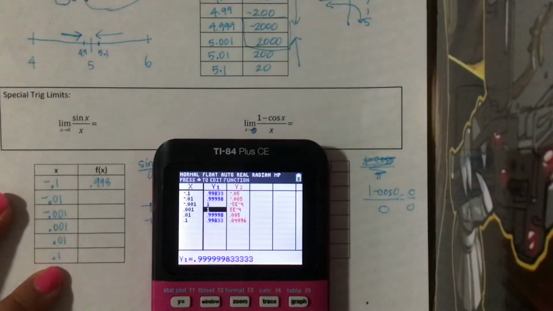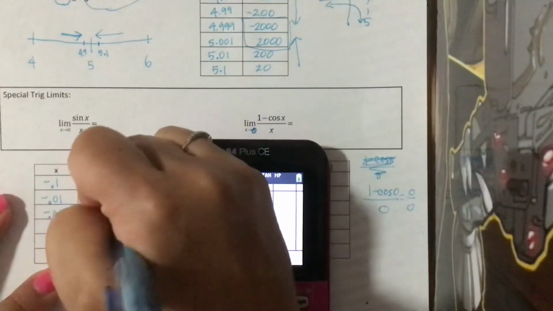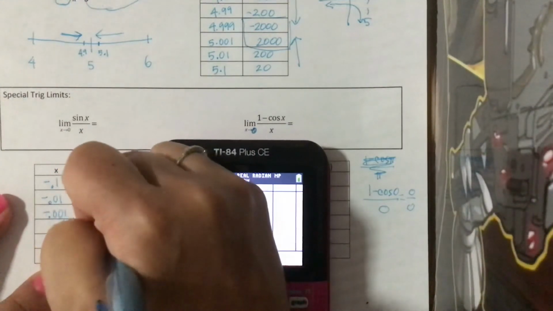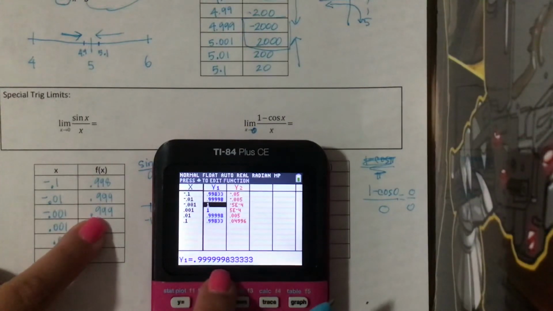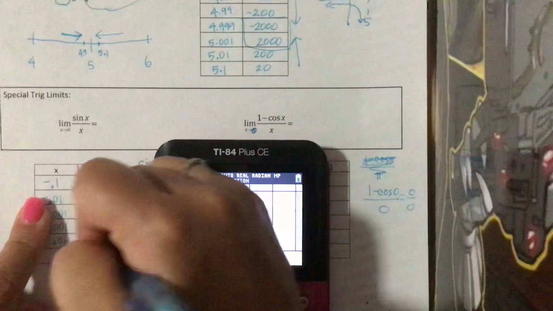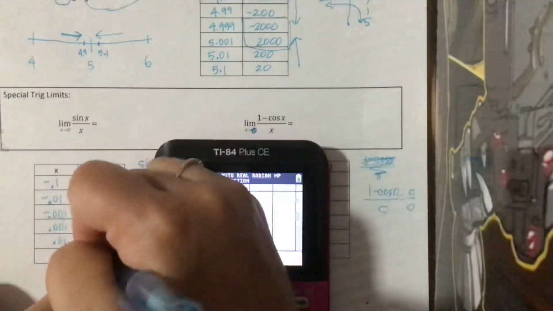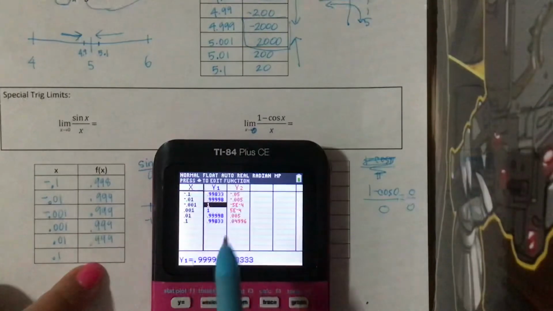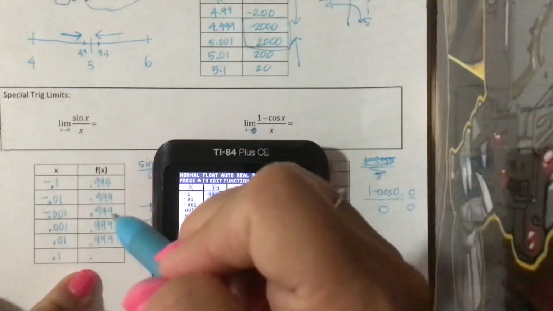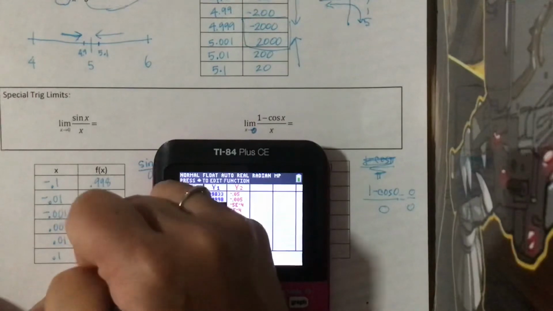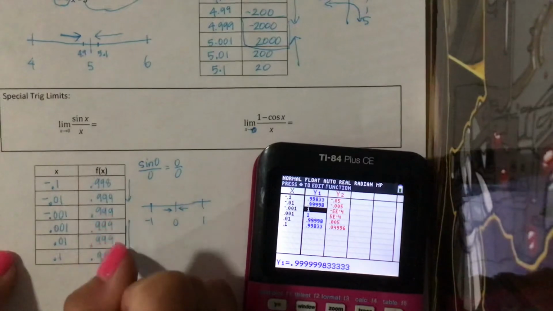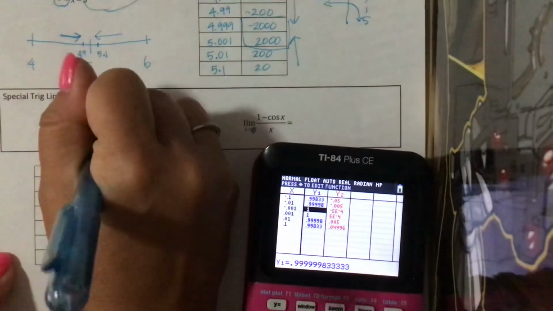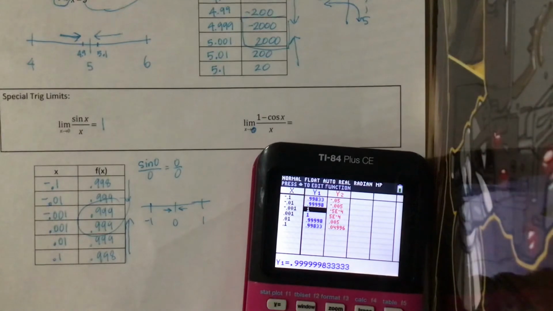I'll try again. 0.999, and it's not okay to put 1 there because technically that value is 0.999 if I cursor over it. Okay, I've got the same exact values on the reverse. 0.988 is the other side. If we zero in here, there's a definite trend on the y values that I'm approaching 1. So that is a special limit that we're going to seek to memorize,